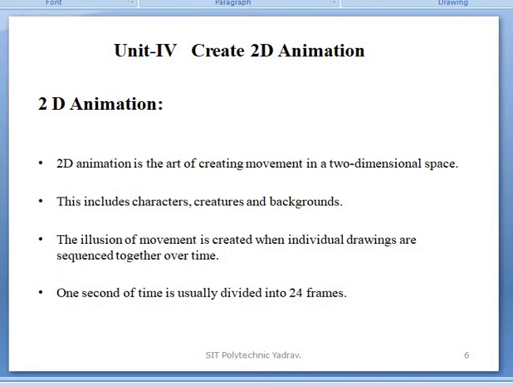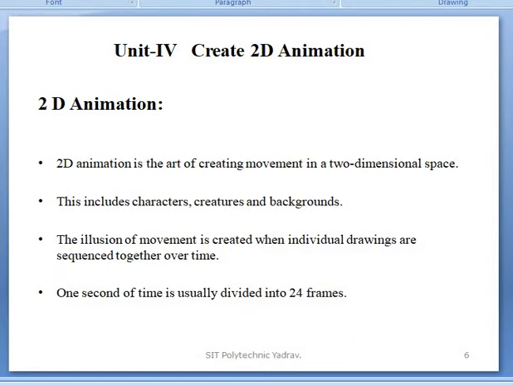These objects are constant, but we give the effect of movement, so when we see it you feel that it is movable, but it is not movable, it is stable. That is known as 2D animation. The illusion of movement is created when individual drawings are sequenced together over time.